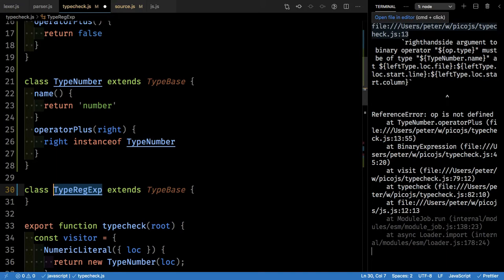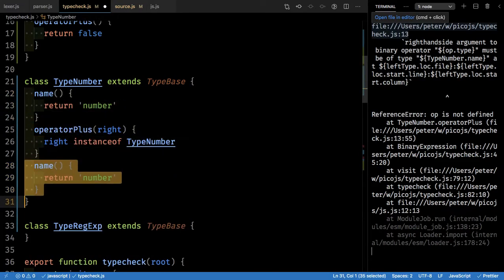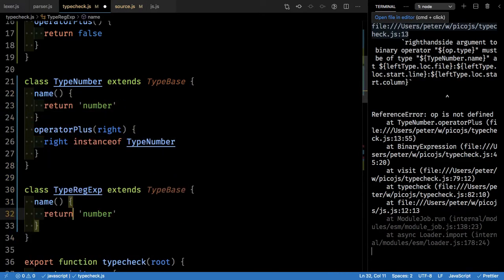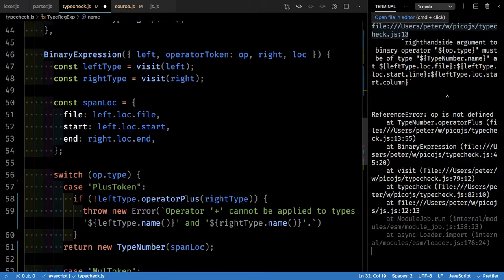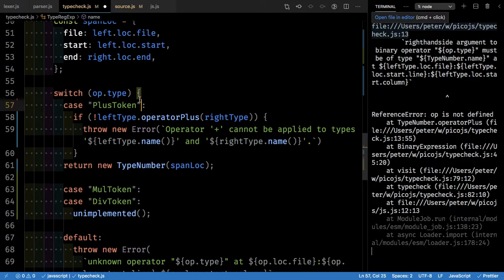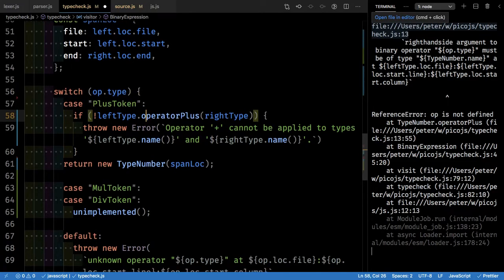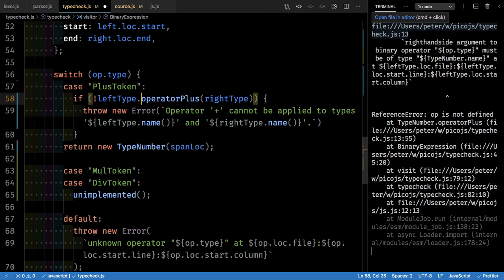Self-constructor name pops into my mind. Yeah, we can always refactor this, but now for explicitness we can have it defined in a cool way. So now, when we get into plus token, we see that we just check if operator plus can be